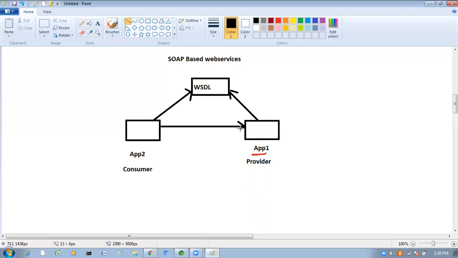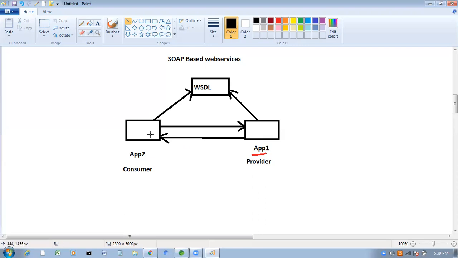Without knowing the details of application 1, application 2 can't send any request. Before sending the request, application 2 should know the details of application 1.